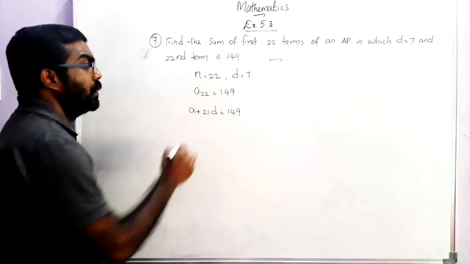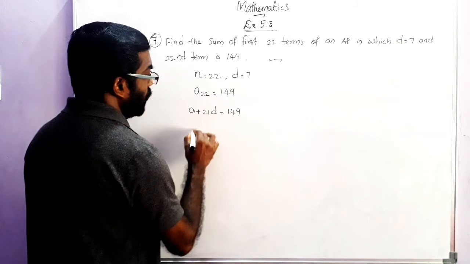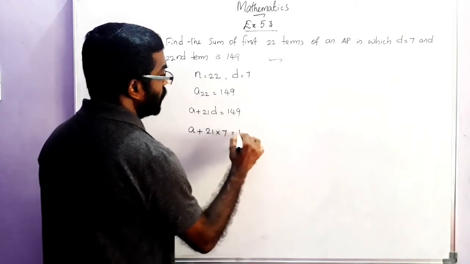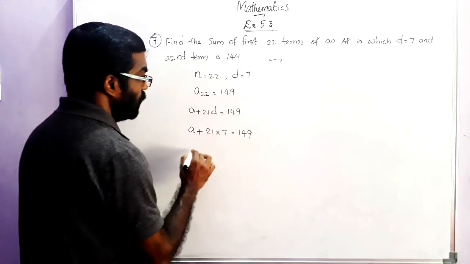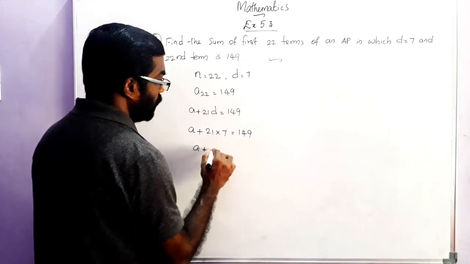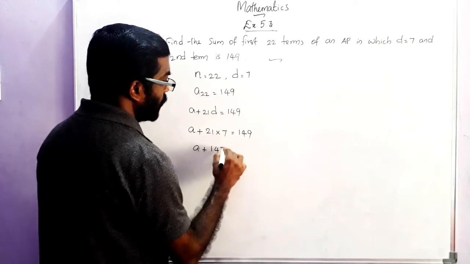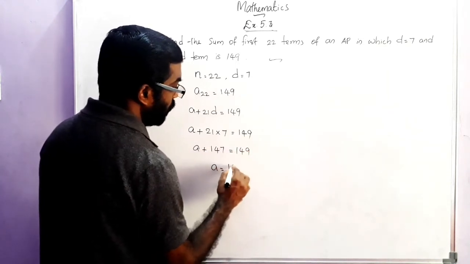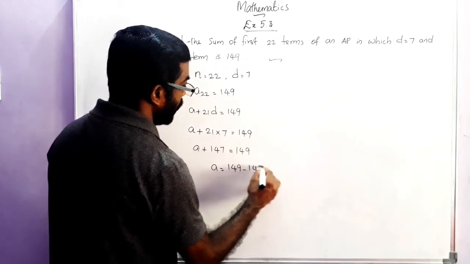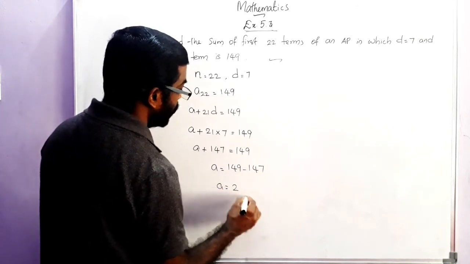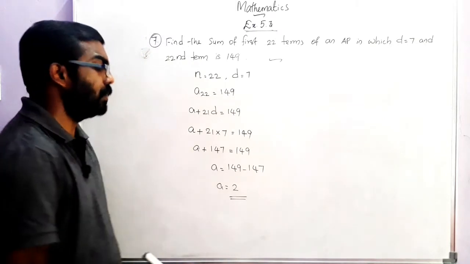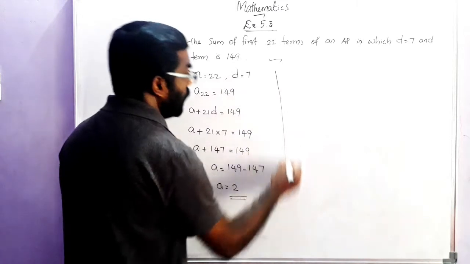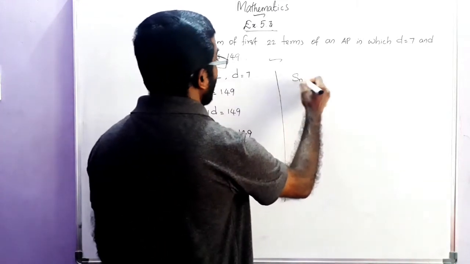Now we can replace the values. A we don't know, so A plus 21 into D, where D is 7, is equal to 149. That is A plus 147 is equal to 149, or A is equal to 149 minus 147, that is A is equal to 2. So the first term of this AP is 2. Now we can find the sum. Sn is equal to